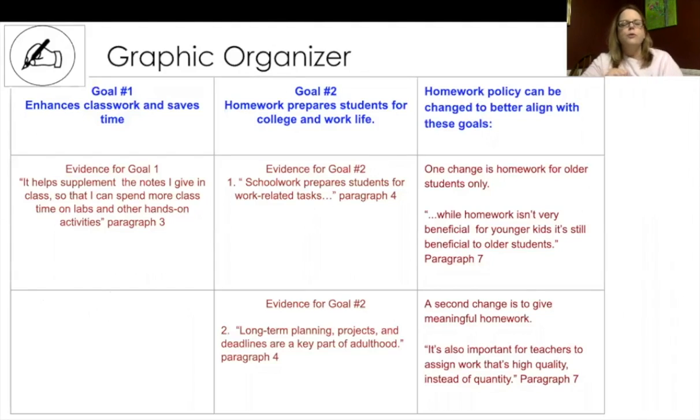So I did one thing for you. I made a graphic organizer. We use these a lot in my class before we try to write. And one thing it wanted you to write about was the goals. So I took the goals that I noticed in her piece, in her text, and I put in my goals. Goal 1, enhances classwork and saves time. Goal 2 is homework prepares students for college and work life. And then I pulled my evidence. This just sort of helps me organize my thoughts and my ideas before